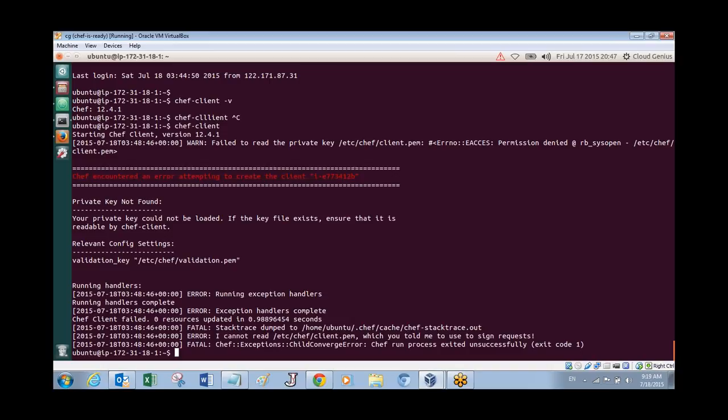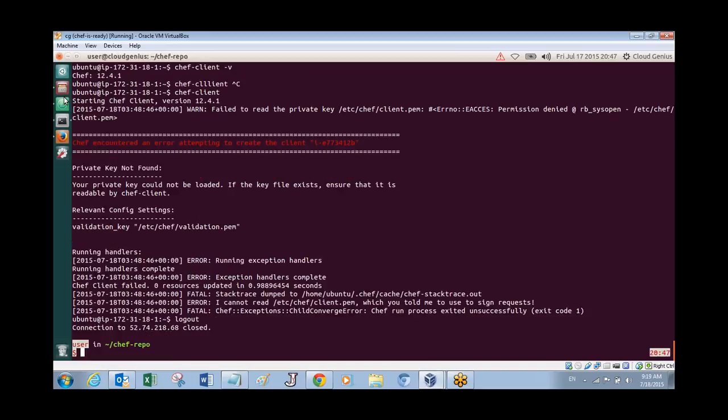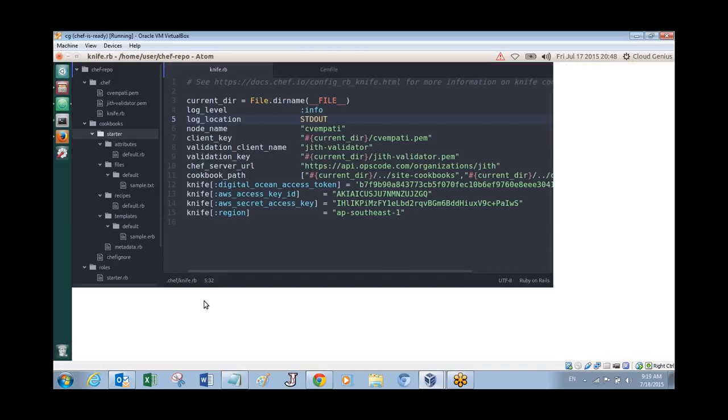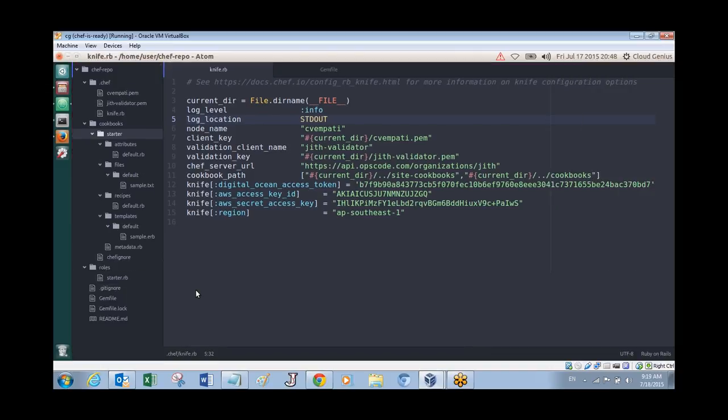Chef installed and the starter role, which is a very basic bare minimum role that we have defined, and that role itself does nothing except say hello Sam Doe, and that's what you will find in your default recipe. That's what it does, and that's what it did